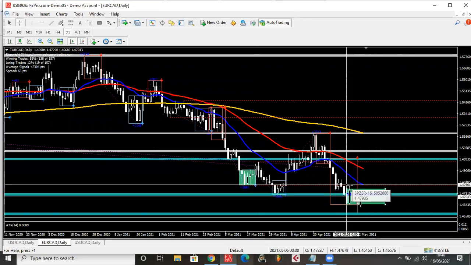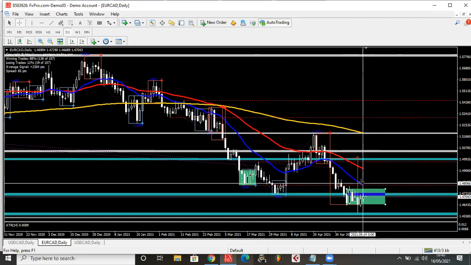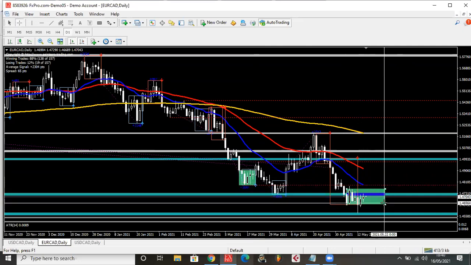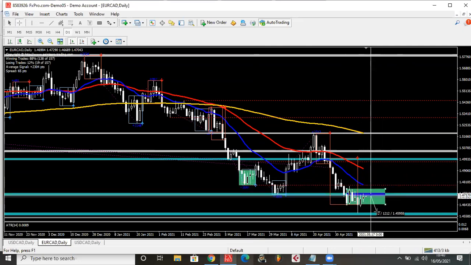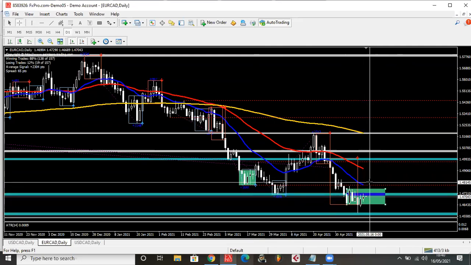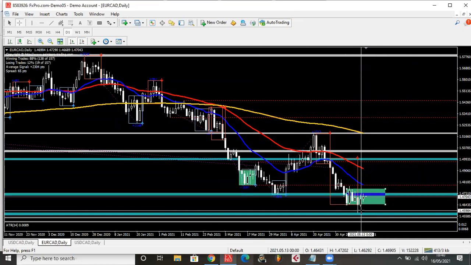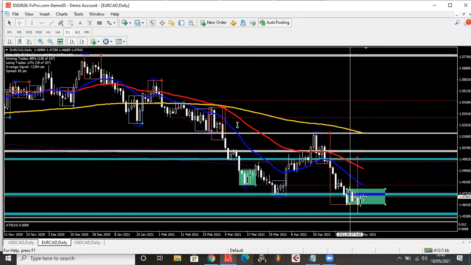It probably is going to run more than this high, and if it does, it's probably going to hit the 20 moving average. So that's what I'm expecting. Price runs a little bit up and then goes down. I mean, price can come on Monday and just start falling straight and try to get to this level. That could happen. But I don't want to really risk it. I would rather take the pleasure of saying I was correct than risk it. So that's why I'm saying I'll go in on that time.